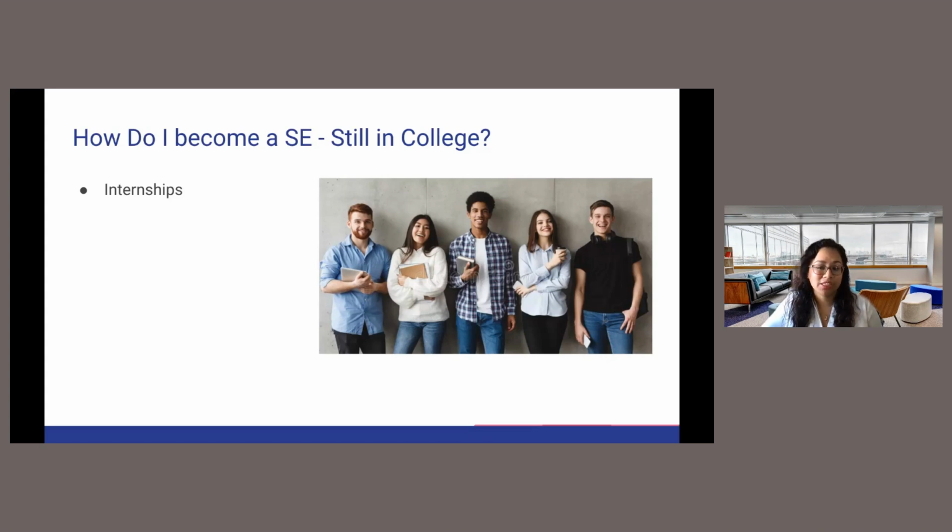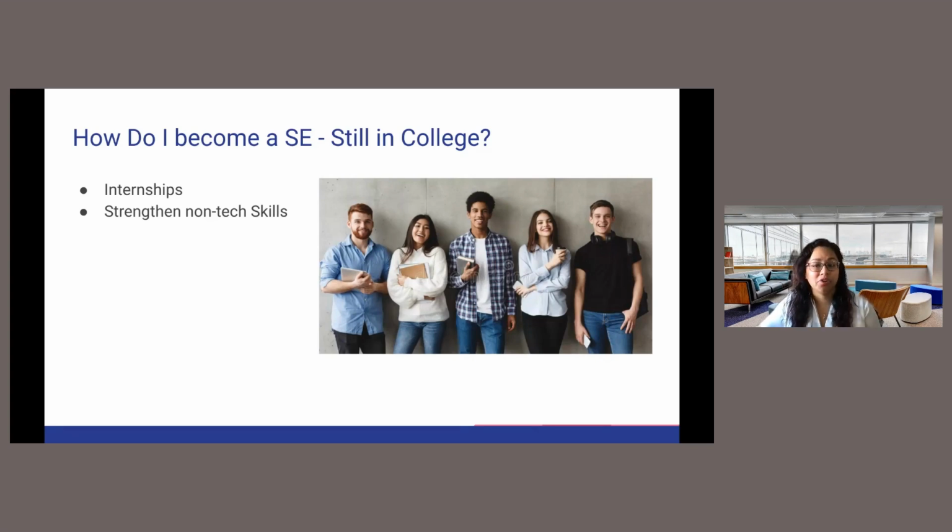The internship is actually going to give you access to different departments in a specific company. You're going to be able to find mentorship opportunities and also the opportunity to start growing and expanding your resume. Now, while you're still in college, you definitely want to start working on strengthening those non-technical skills. What does that mean?